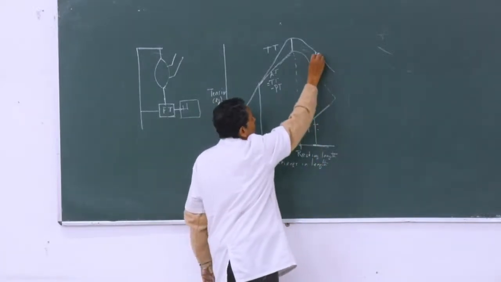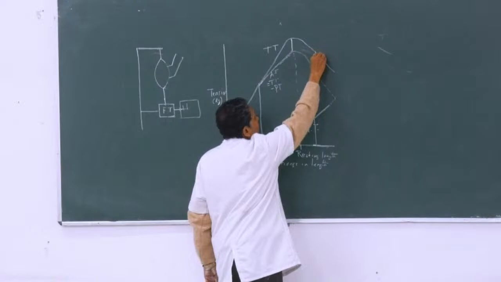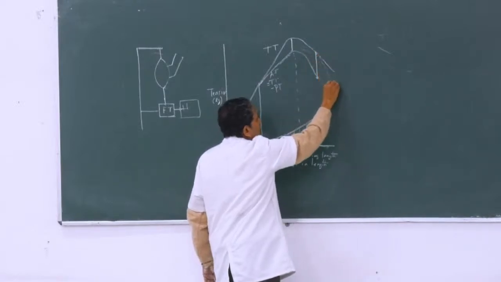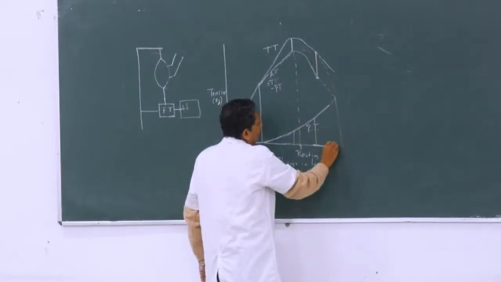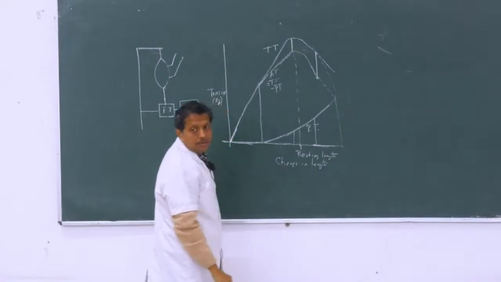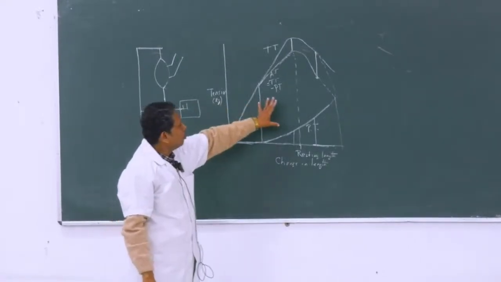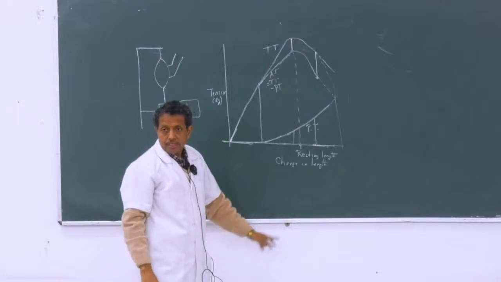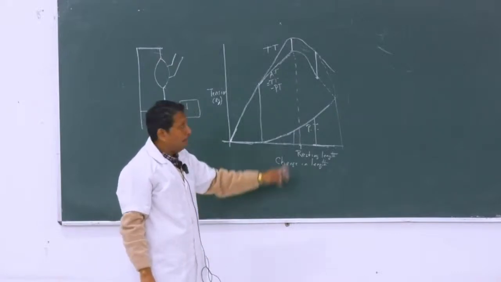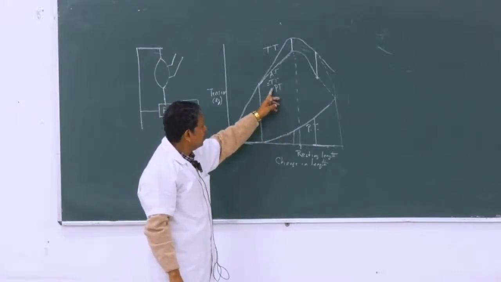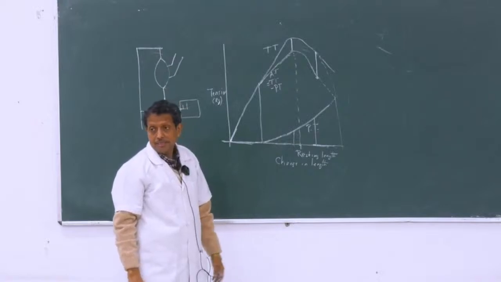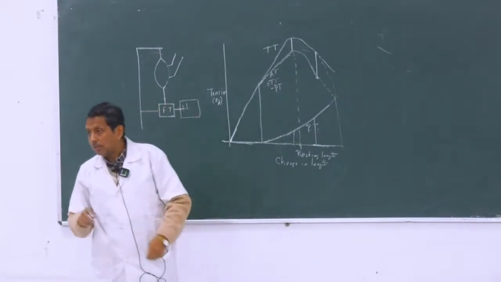So total tension curve will be this. There is no active tension at this position. This figure is given in the text: total tension, and minus this passive tension is the active tension, resting length. And what is the reason for the active tension?